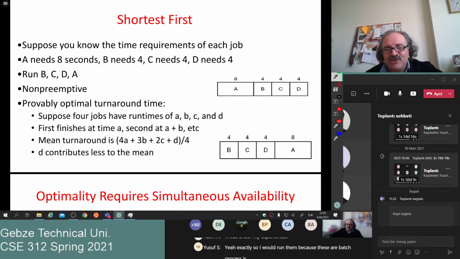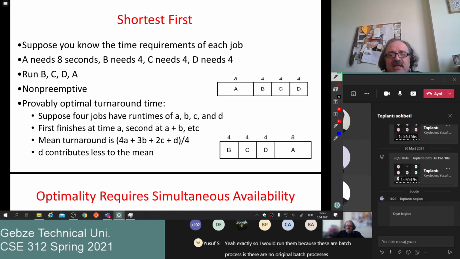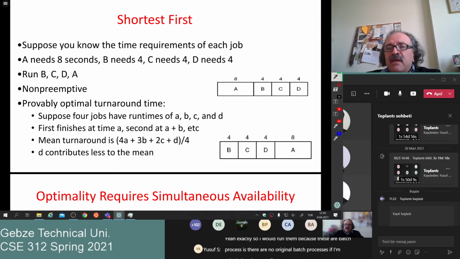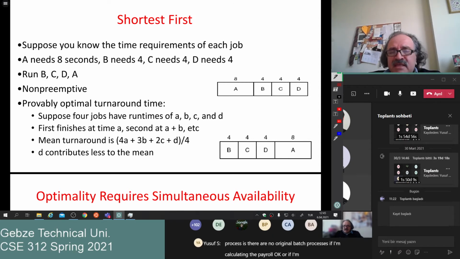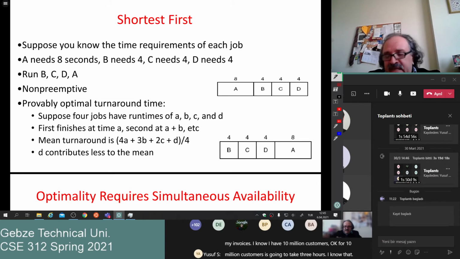There are no interactive processes, only batch processes. If I am calculating the payroll, or my taxes or my invoices, and I have 10 million customers, for 10 million customers it's going to take 3 hours. I know that because I did that last month. So for batch processes, having this kind of information is available. So I can guess which one is going to be